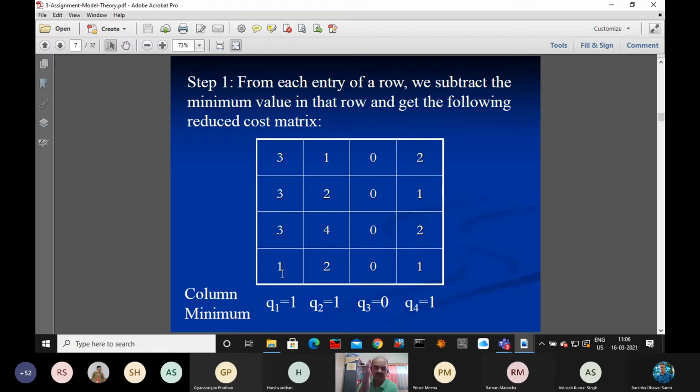So already third column there are 4 0. No problem. No subtraction is required. That is 0. Now fourth column there is no 0. We subtract 1 from all the elements. Then we got 0. So there will be more than 1 0 in fourth column. So similarly, so we'll see what is happening to this problem.